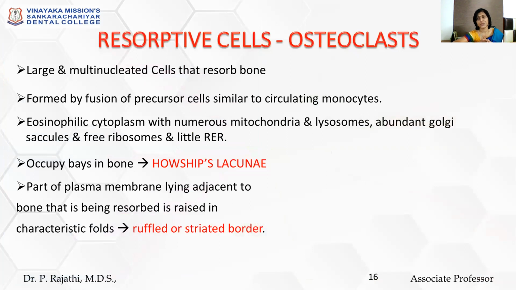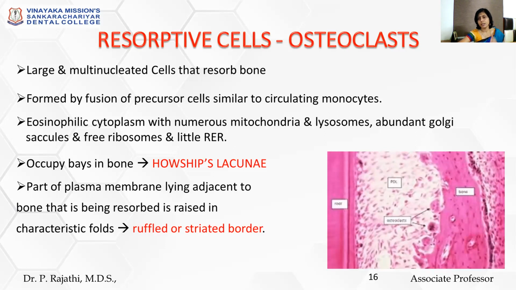Next, coming to resorptive cells. We'll first talk about osteoclast cells and then about fibroblasts, remember, fibroblasts with the resorptive function, and then cementoclast cells. Osteoclast cells are multinucleated. So if you can see here on the surface of the bone, you can see multinucleated giant cells. It's large in size. It has more than one nucleus, so it has multiple nuclei within a single cell.